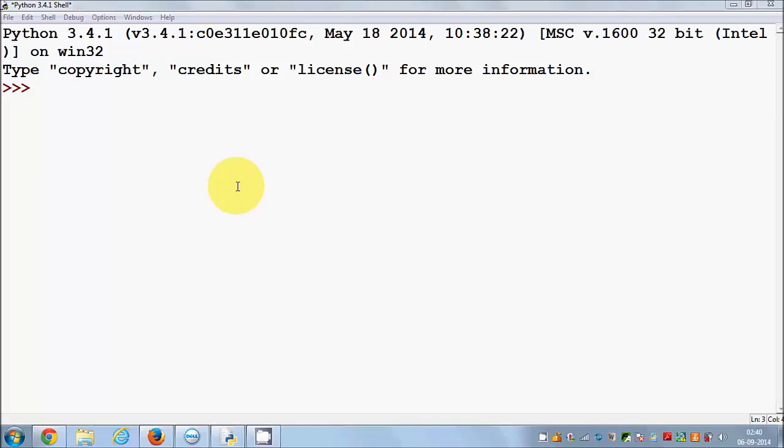So as the name suggests, a list is a collection of values, and to declare a list in Python, you just need to give the name of the list. For example, I want to have a list of names, so I can give the variable name for the list as names is equal to, and then the square brackets, and this square bracket will contain the collection of values, and